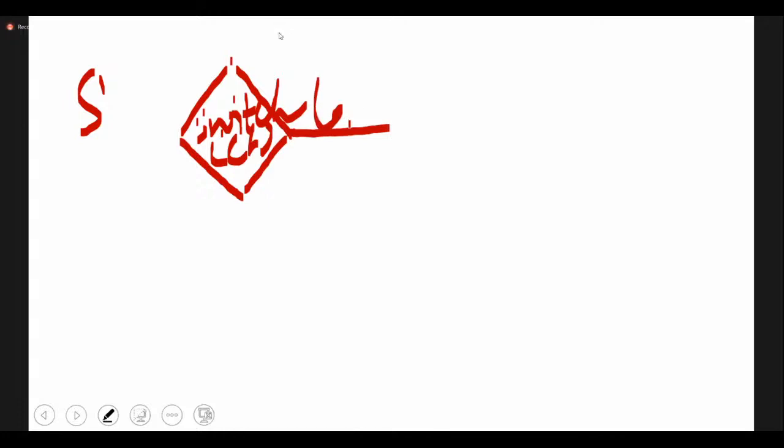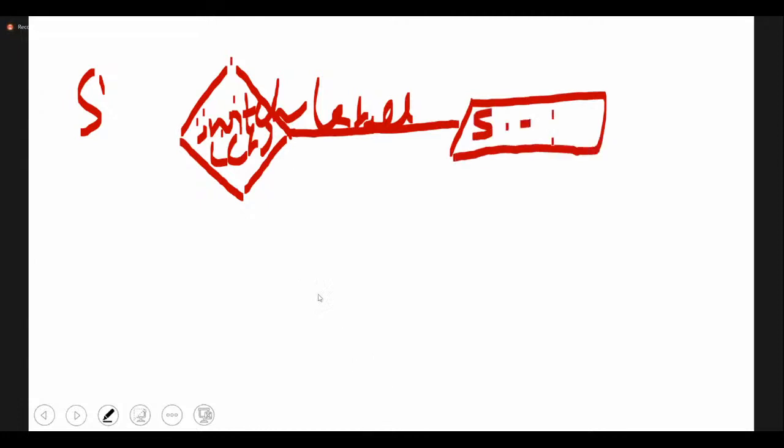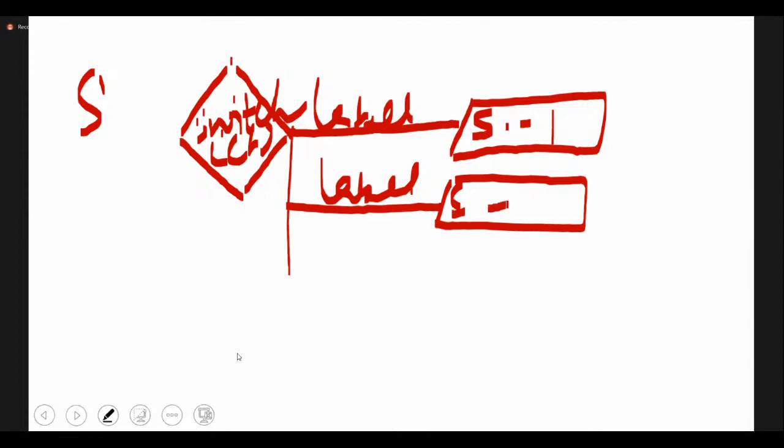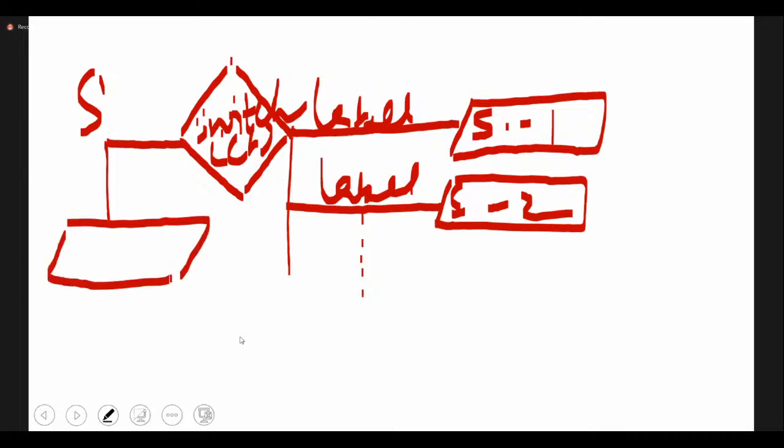You will write your label name here. If it matches, you are going to execute statement 1. Label 2: if this matches, then you execute statement 2, and so on. Default is here. This is your default block.